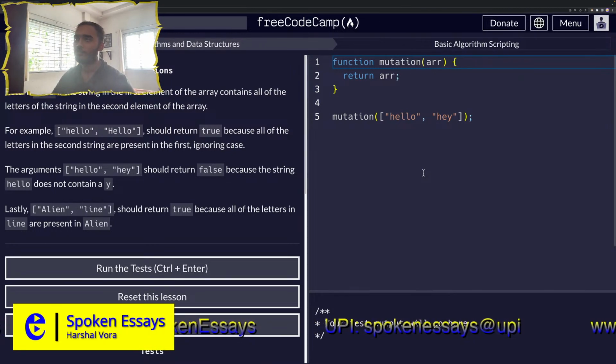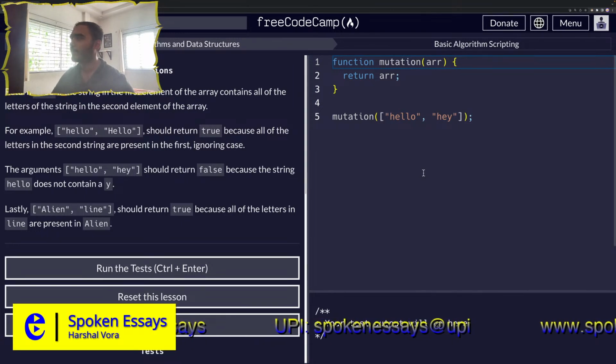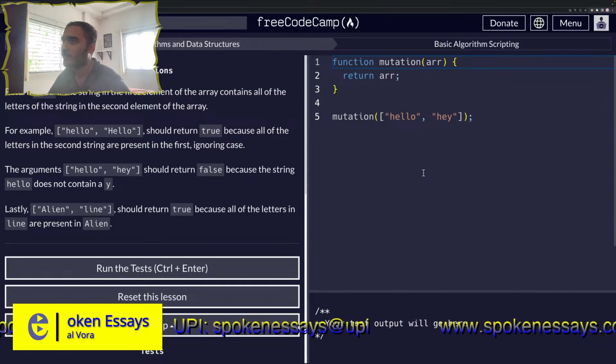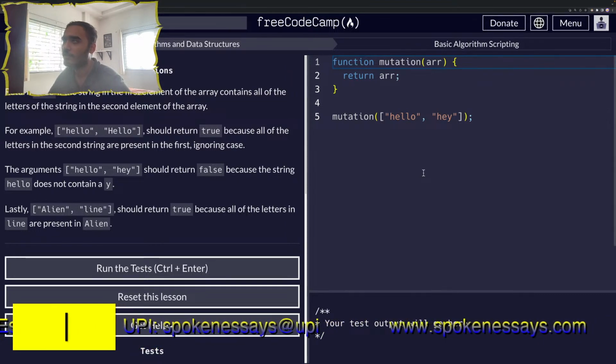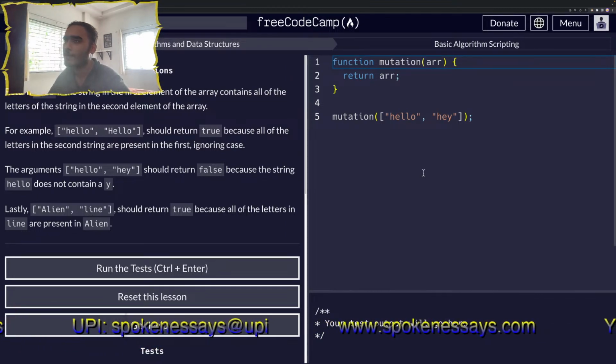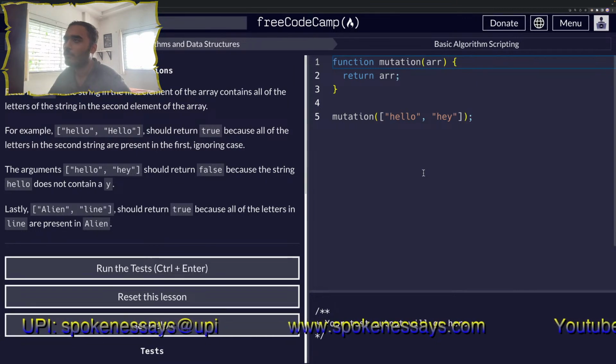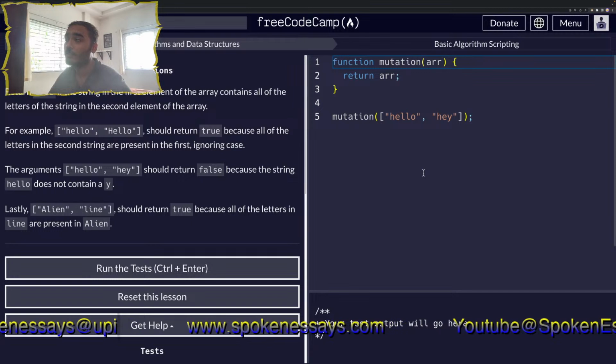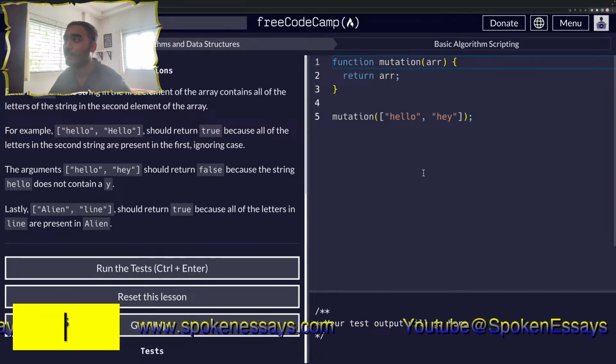Now mutation. So we are going to mutate an array apparently. Return true if the string in the first element of the array contains all of the letters of the string in the second element of the array. For example, hello, hey should return true because all the letters in the second string are present in the first. Ignoring